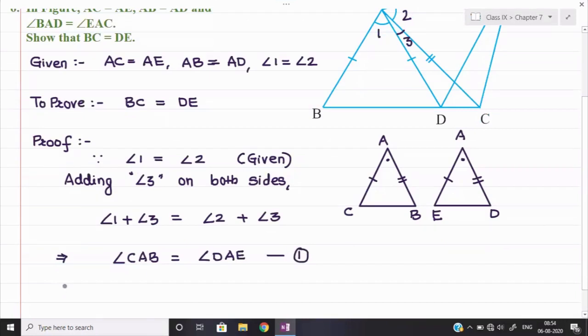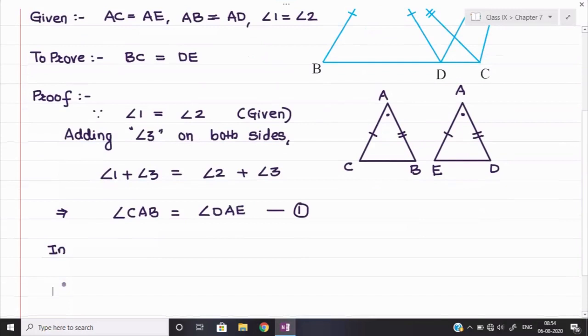Okay, now I am taking the two triangles here. You can see the name I have taken of the two triangles is according to the one-to-one correspondence. Means vertex A is corresponding to the vertex A, C is corresponding to E, and B is corresponding to D. So by making the two triangles in the rough, we will always come to know which corresponding parts are equal, which is remaining, and the one-to-one correspondence also we can easily set over there. Otherwise it will become wrong. Okay. So always you prefer to make these two triangles in the examination as well.